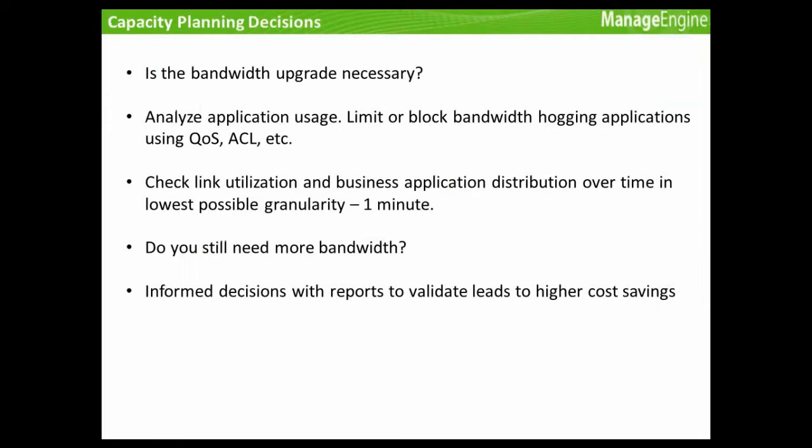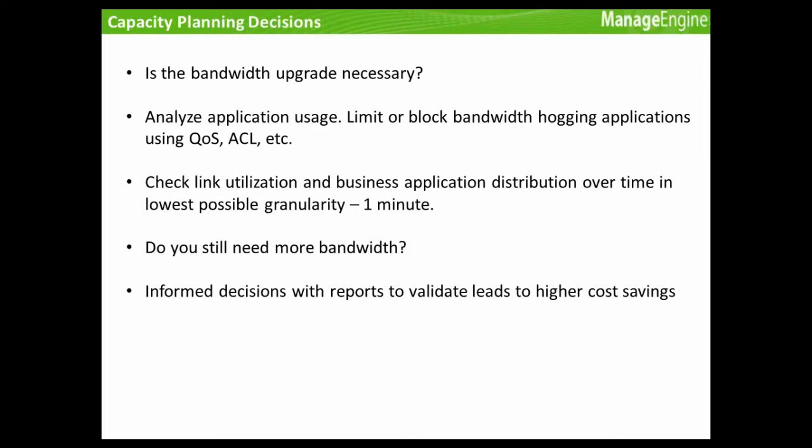And then there is capacity planning, which we saw in the beginning. What's the bandwidth upgrade which you plan? Was it really necessary, or is WAN optimization needed? And so you can analyze application usage. You can find out or block the bandwidth on the application using your quality of service or access list, and then check the link utilization. After you find out the link utilization, then decide, all right, we need more bandwidth, or we'd like to block these